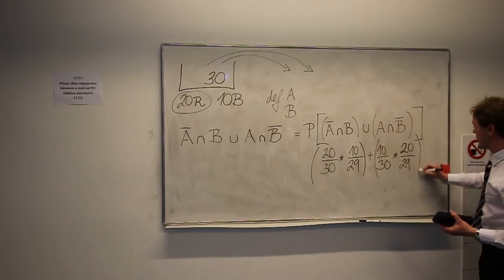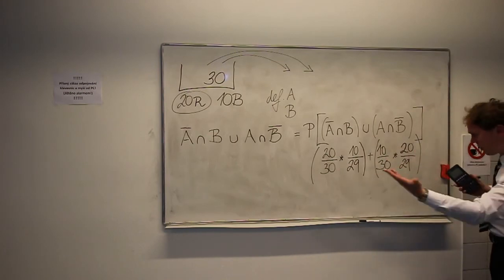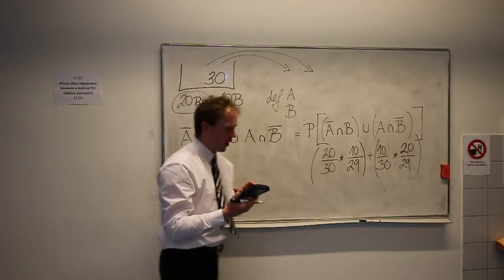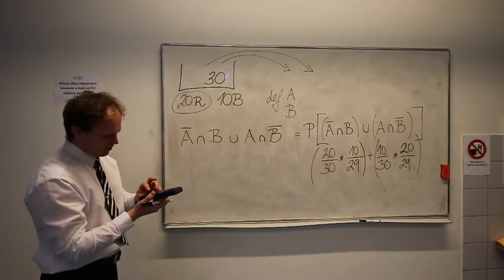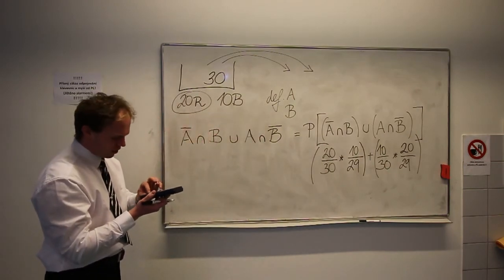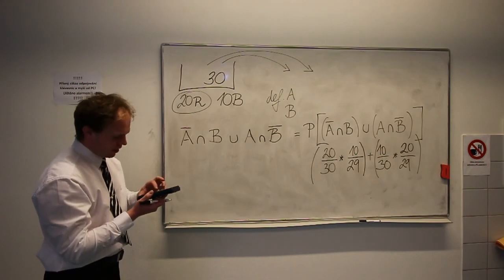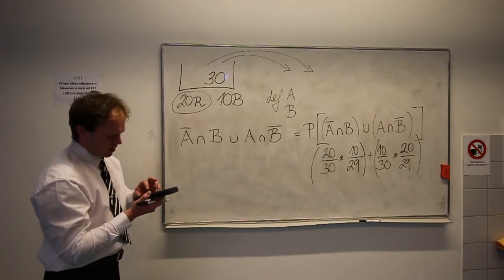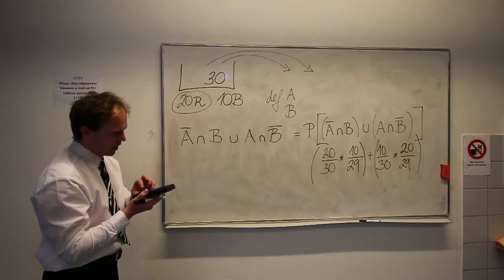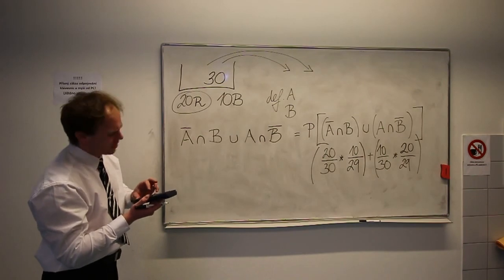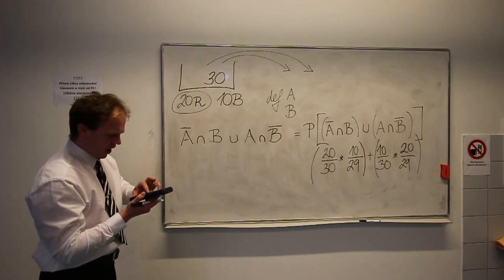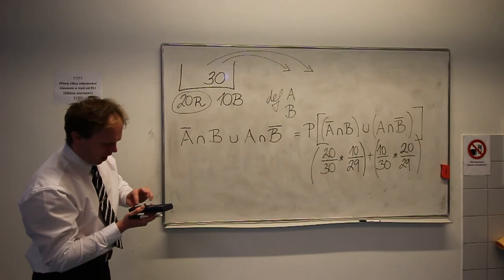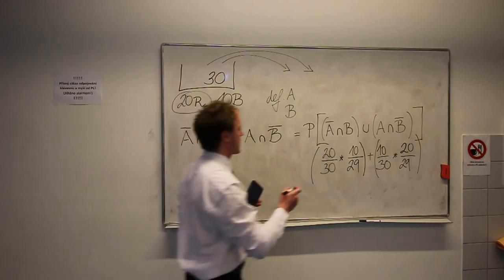Okay, and this is the solution, so we can calculate this. 20 divided by 30 and 10 divided by 29, plus 10 divided by 30 times 20 divided by 29. The result is